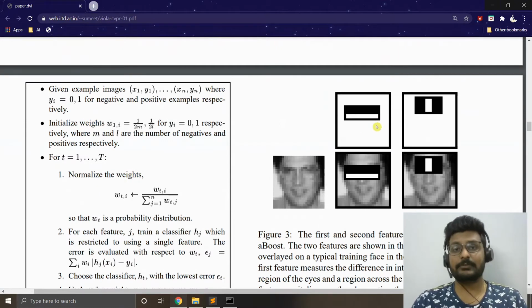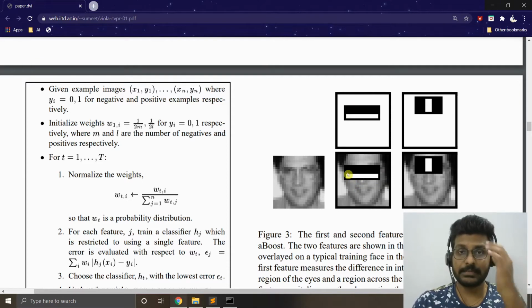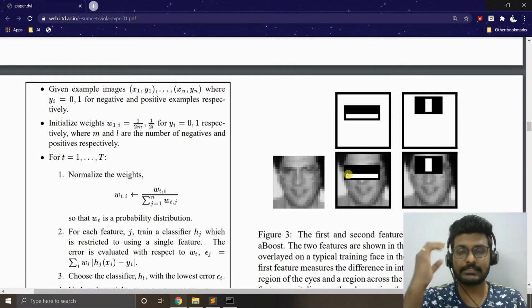So let me give you an example of that. Let's say I'm going to take this kernel. I could say that this kernel can definitely fit onto a face, let's say the region of your eyes and your upper cheeks. Obviously the eyes will be much darker than your upper cheeks, right? Irrespective of the complexion of human faces, the eye region will be somehow darker than the upper cheek region. So I can definitely relate this to this particular kernel, right? It's going to be black here and whiter here when compared to that. So I could say it's one of the important features to detect this particular region.